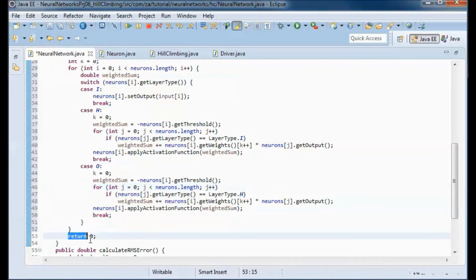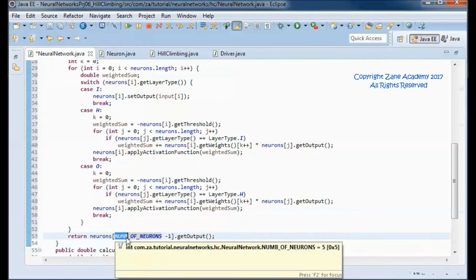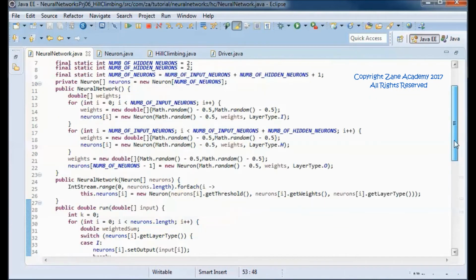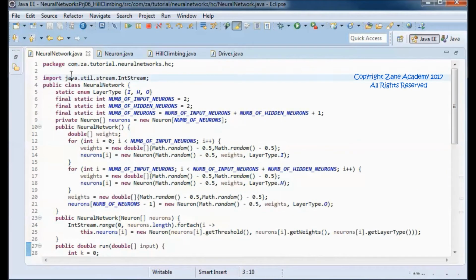And finally, we return the output coming out from the output neuron, so number of neurons minus 1. And this should do it for this class.